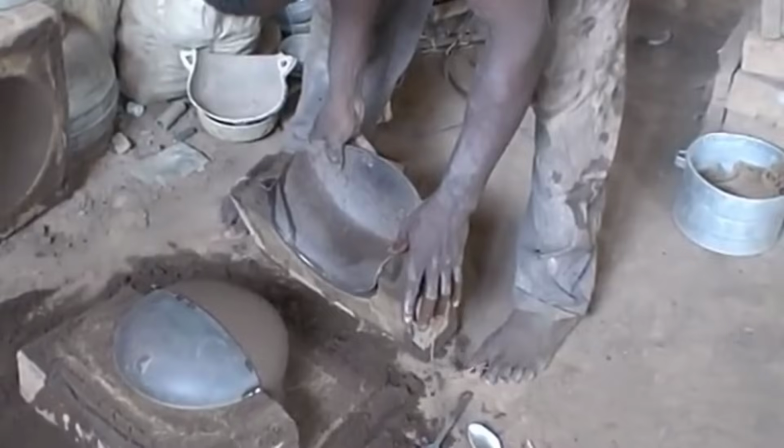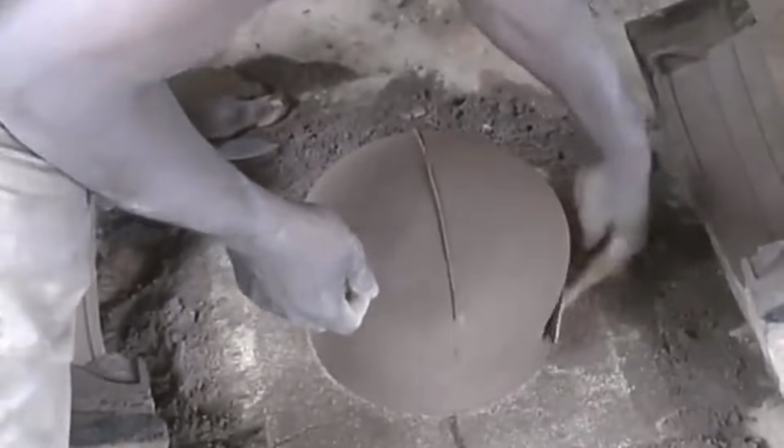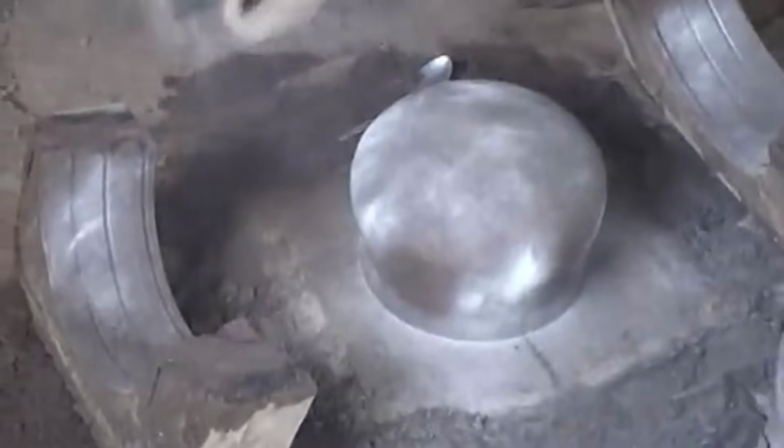To prevent the sand mold from sticking and ensuring a smooth separation after casting, the craftsmen employ a clever technique. They line the mold with a protective layer, using a tent material and a small piece of tin. This lining acts as a barrier, preventing the molten aluminum from adhering to the mold, enabling an easier separation later